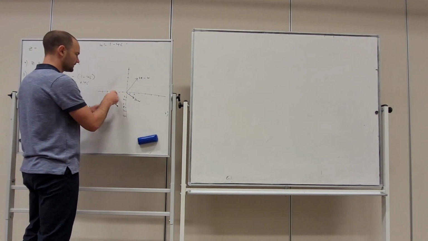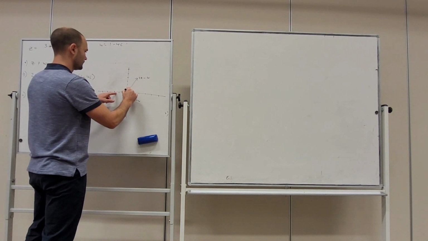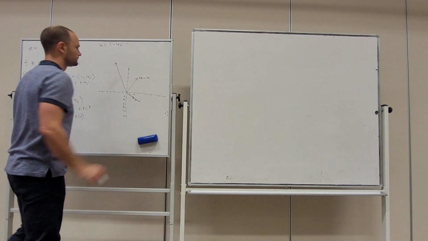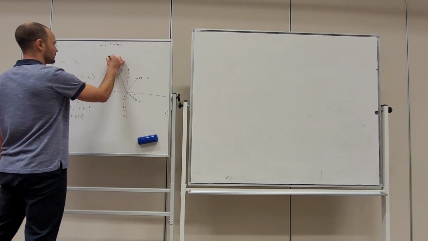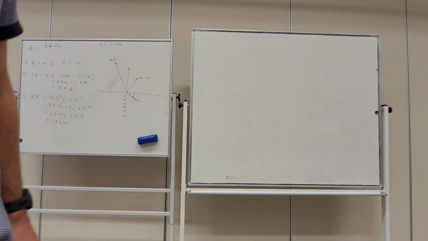2, 4, minus 5 plus 14i. That's going to be up here. Z times the conjugate of w. Alright, let's pause there. Let's shred that exercise 4a. And then we'll come back and do some